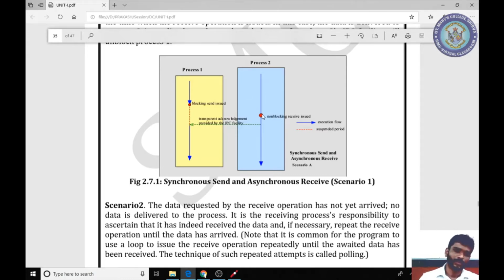Here, after some time, the process issues the receive operation, then it will send an acknowledgement, and the acknowledgement will be transferred automatically. Process 1 waits for the acknowledgement because it is in the blocking stage.